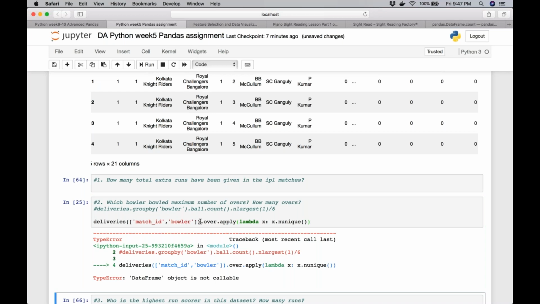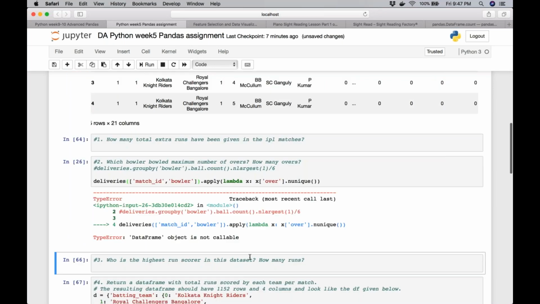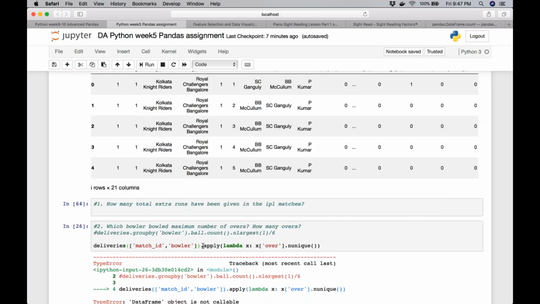Okay, data frame object is not callable. So we are saying over dot n unique. This also does not give me what I expected. I should have got the n unique.